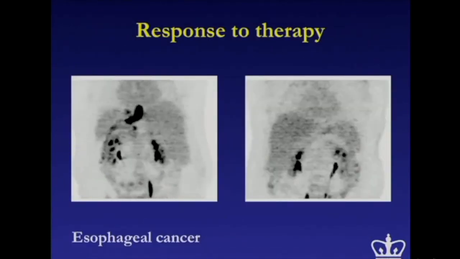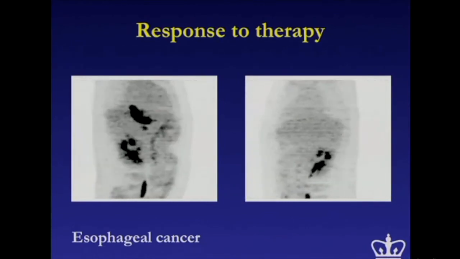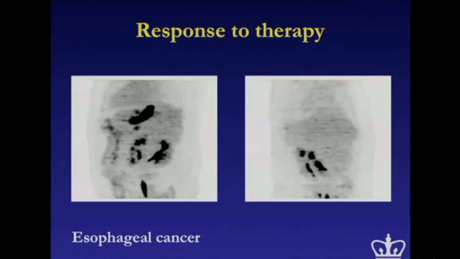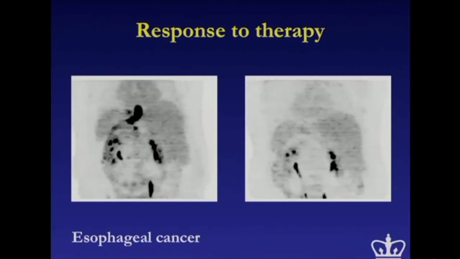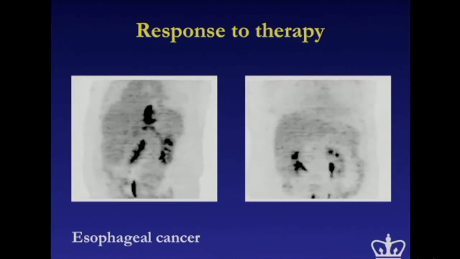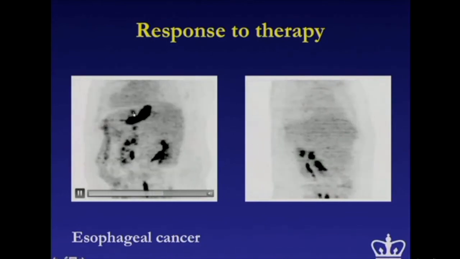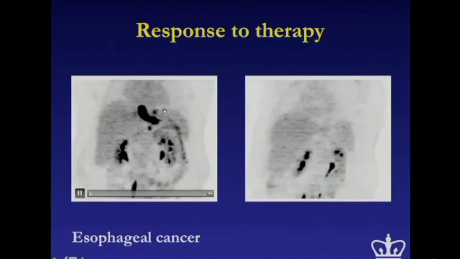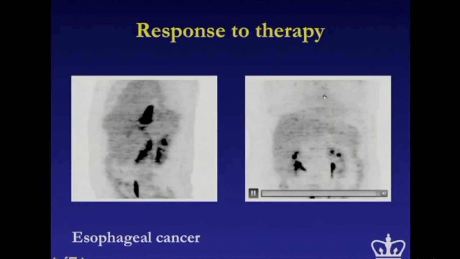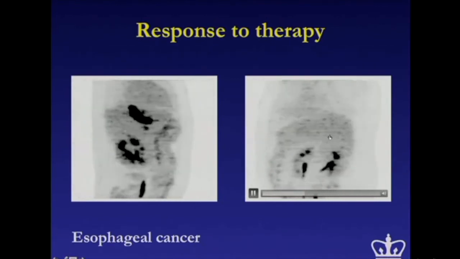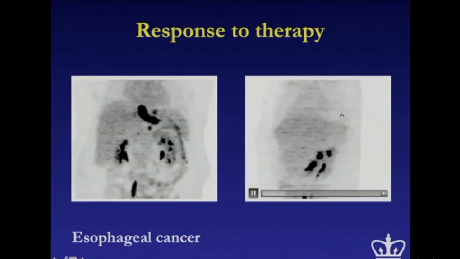We use this in a wide variety of cancers because, as I said, 70 to 80% of cancers are KRAS mutant positive, and therefore we can really look at what is happening with these cancers using deoxyglucose. On the left side is a patient with an esophageal malignancy who also has nodal disease. The patient got radiation therapy and chemotherapy, and afterwards there was a complete response. Indeed, imaging can be used to predict the pathologic outcome, and if you see a response like this, you know two things, and I'll show you a couple of examples later.